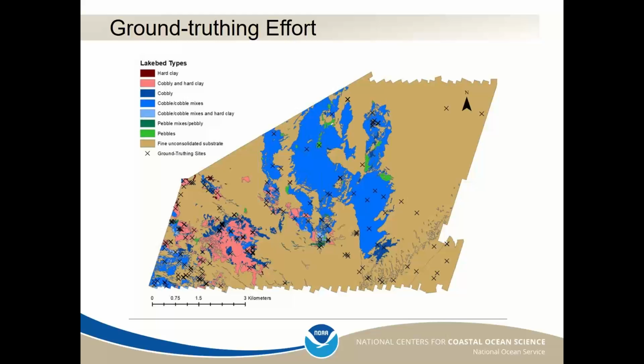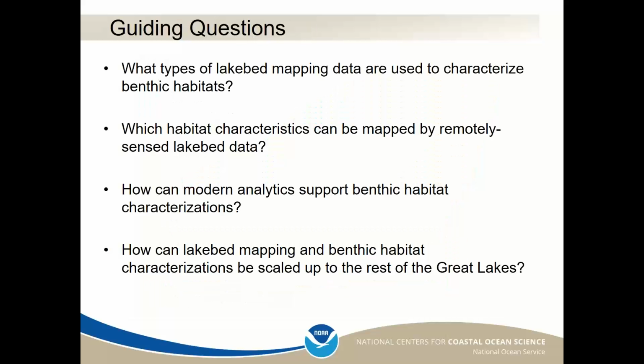Next slide. The next question I wanted to answer is, which habitat characteristics can be mapped by remotely sensed lakebed data? Now I'm going to show a series of maps, also off of Manitowoc, to showcase what those characteristics are and what one could expect